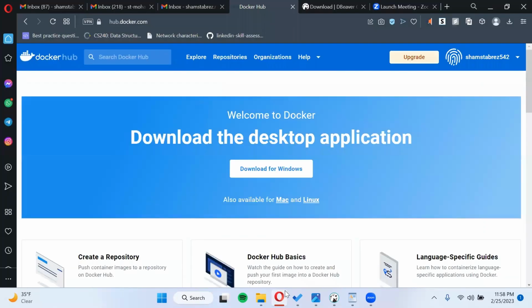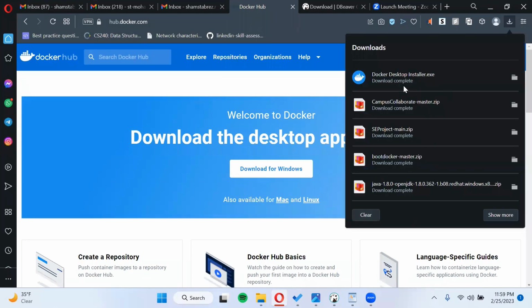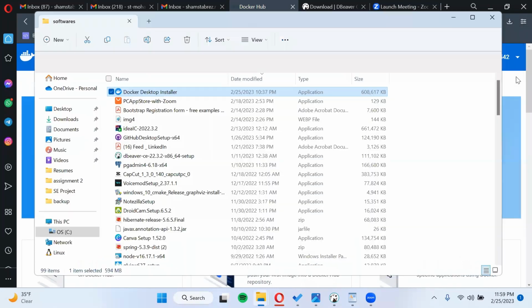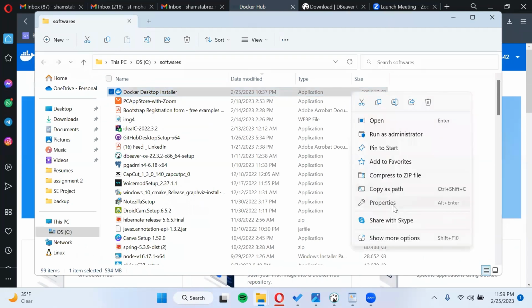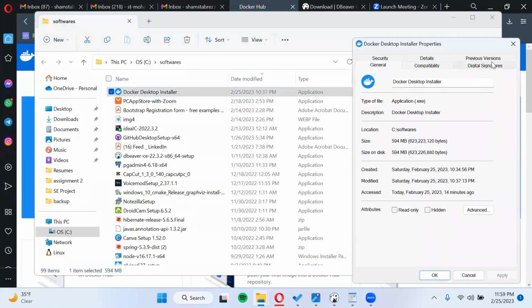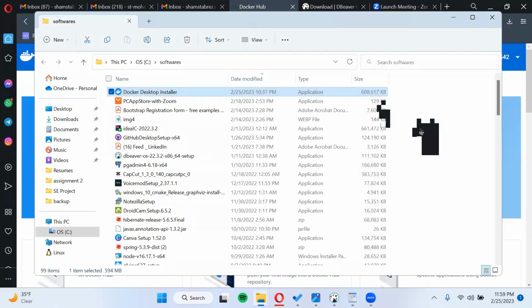The first step is to go to this website, hub.docker.com, and click here to download Docker Desktop for your Windows. It is also available for Mac and Linux, so you can see this option as well. Once you click on this button, an installer will be downloaded, Docker Desktop Installer.exe. This is about 594 MB, so it will take some time to download. Once the Docker installer is ready, you can double click on it,